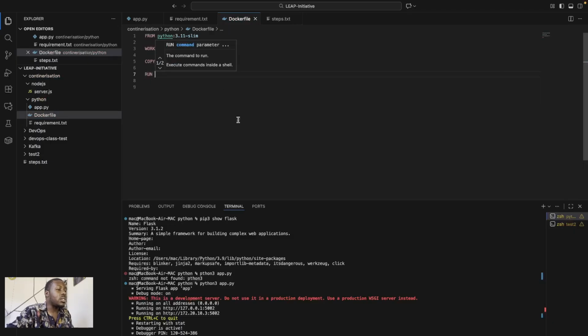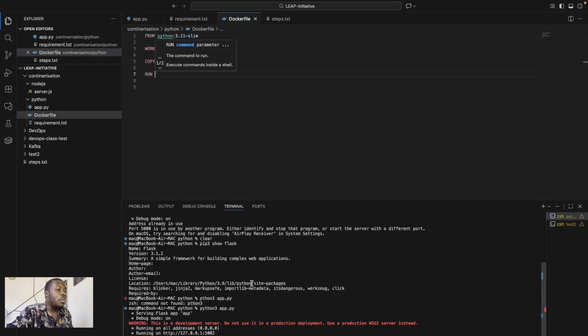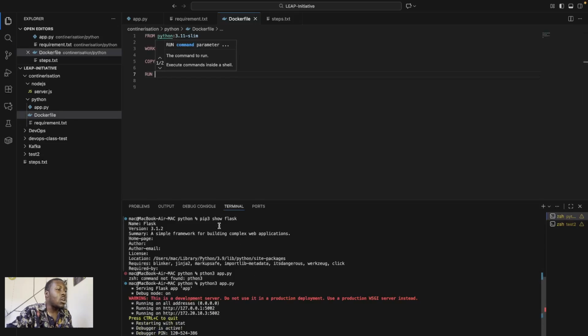Now we need to install the dependency. Remember that I had to install the Flask dependency, right? So we need to run a command. So take this out. So RUN pip install.